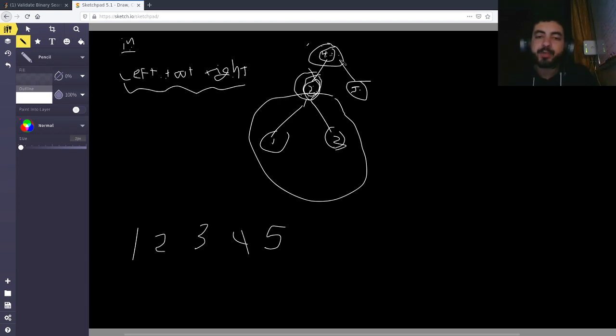So basically what you're going to do is, hey, does 4 have a left child? Yup. Okay, go to 2. Does 2 have a left child? Yup. Okay, go to 1. Well, does 1 have a left child? No, it doesn't. Okay, so visit 1, then visit 2, then do the same for 3. Meaning, does 3 have a left child? No, it doesn't. Okay, so visit 3, then go to its root, then